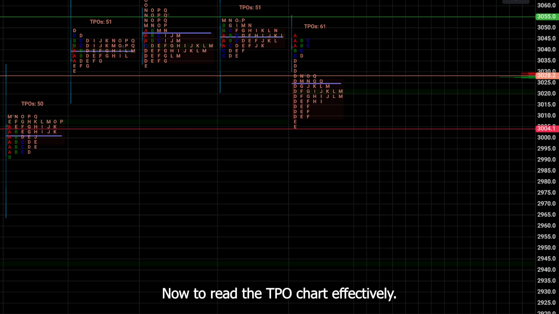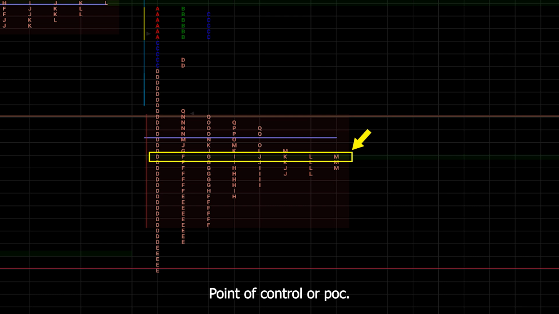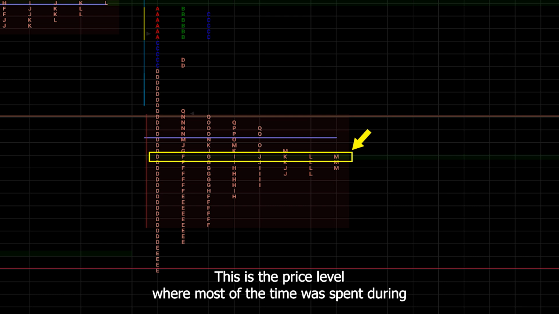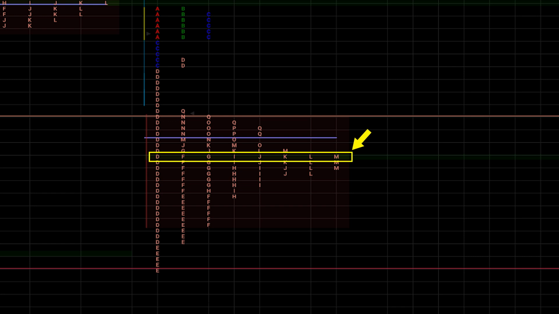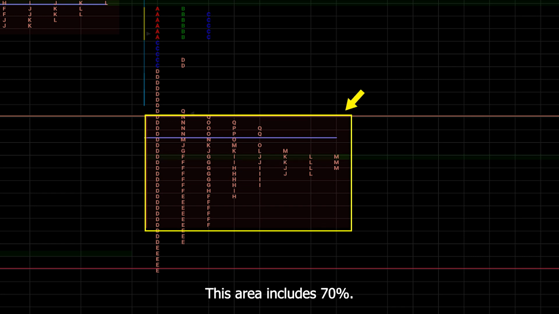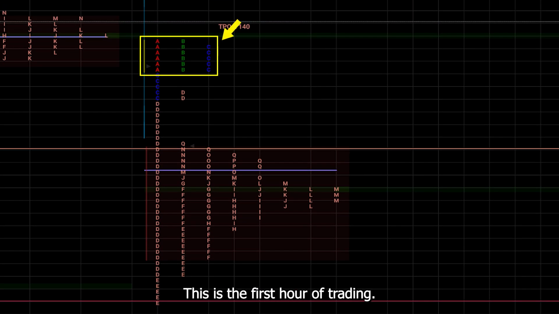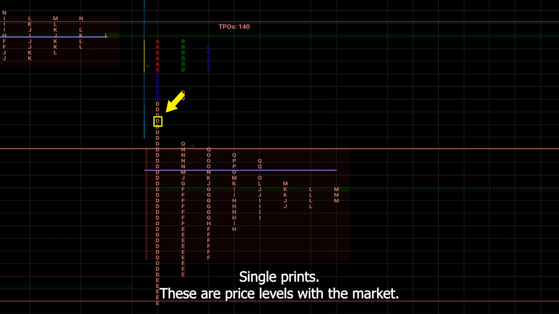Now, to read the TPO chart effectively, you need to understand its key components. Point of control, or POC. This is the price level where most of the time was spent during the trading session. It's the fairest price where buyers and sellers agreed the most. Value area. This area includes 70% of the trading activity. It shows the range where most of the day's trading occurred, giving you a clear picture of fair value. Initial balance. This is the first hour of trading, often a critical range that sets the tone of the day. Single prints. These are price levels where the market moved quickly, without much trading, often acting as support or resistance